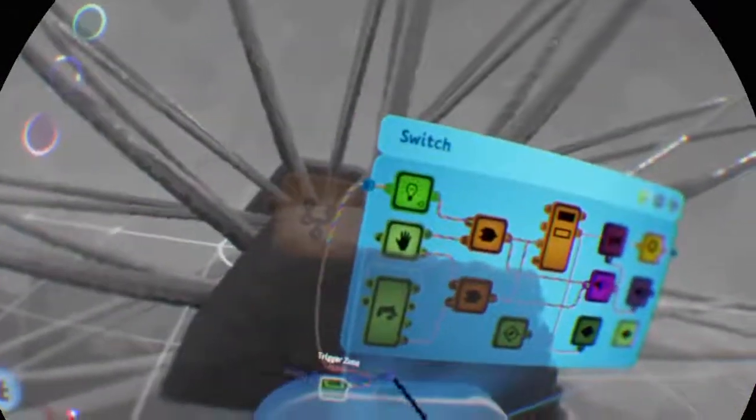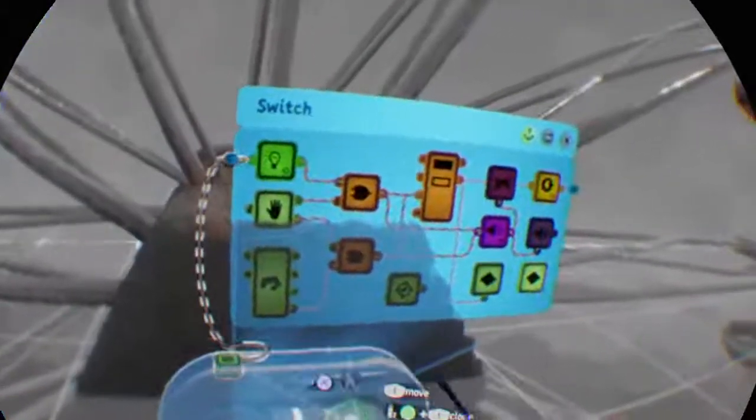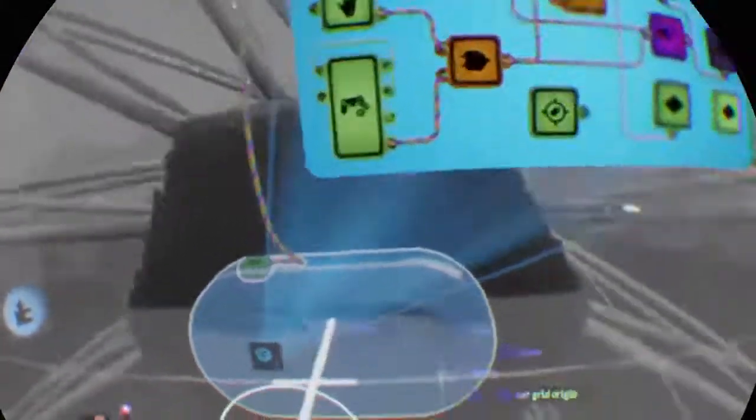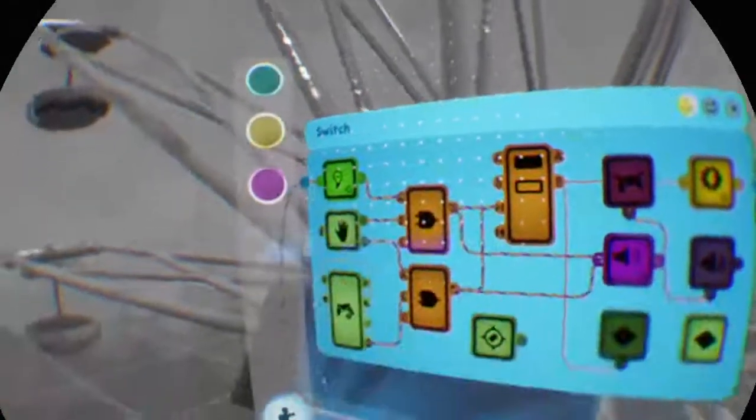So this is pretty complicated. There's a trigger zone and all this stuff, but you're only worried about the switch microchip here. It does all this stuff, but this is just for controlling it in the scene for grabbing stuff, so you don't have to worry about this. Just look at this power node. Once this switch gets power, you want this to power on